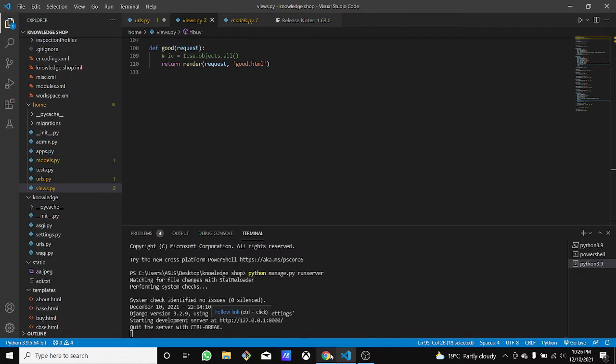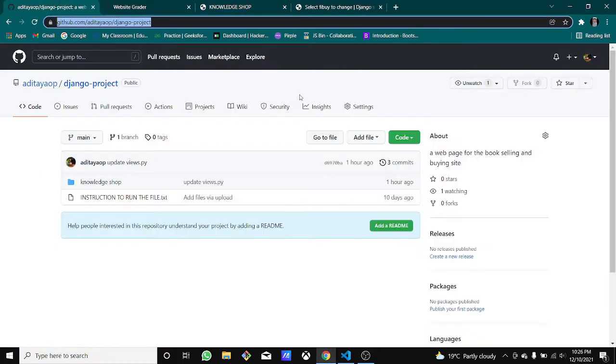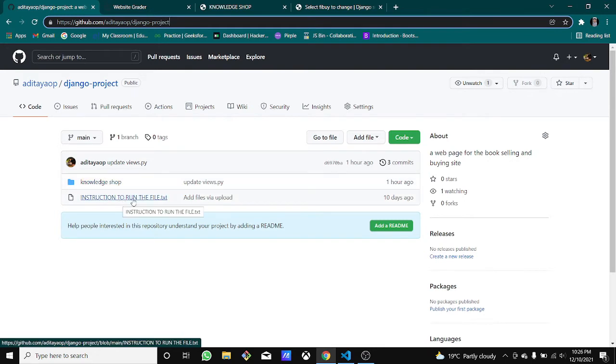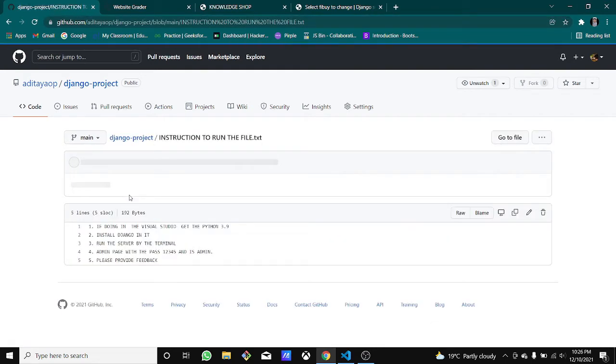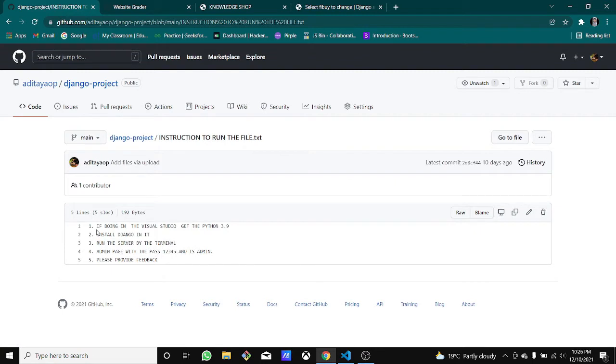If you want to download this file, you can go to my GitHub ID. I have uploaded the knowledge shop project and instructions to run the file.